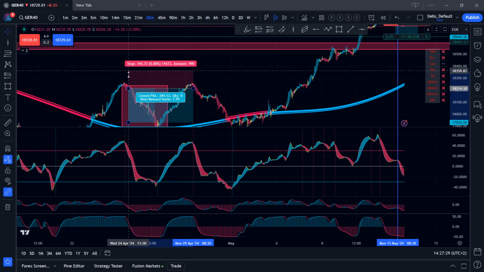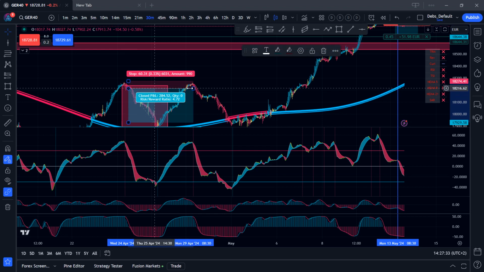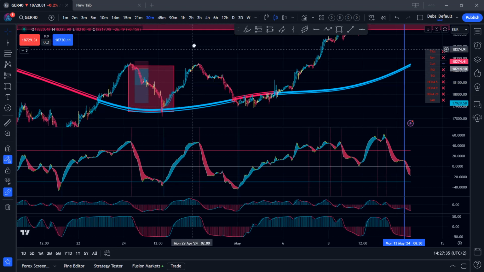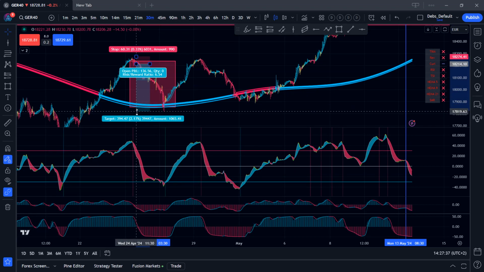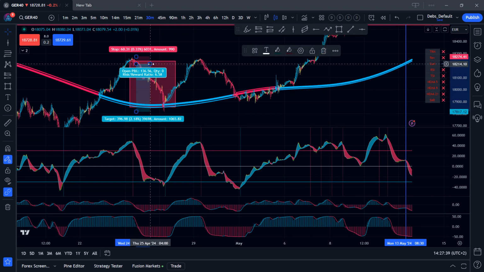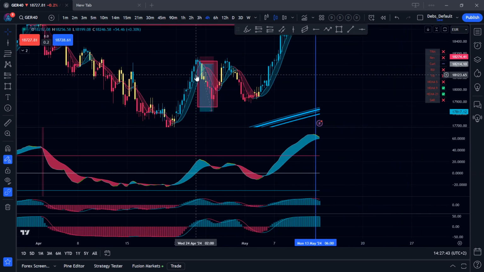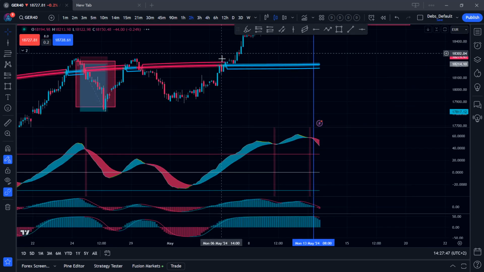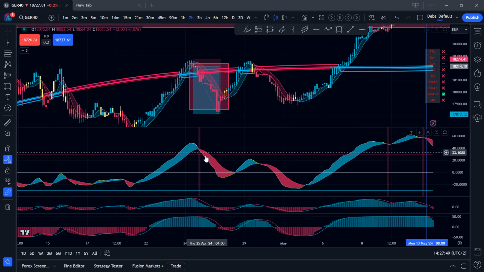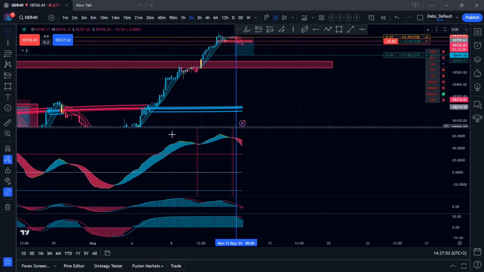If you were to capture the entire thing with a normal, this would have been almost a 1 to 7 trade. And this is a 4 hour. There's a curl on the 4 hour right here. You could go to the 2 hour to get more information, but this, guys,